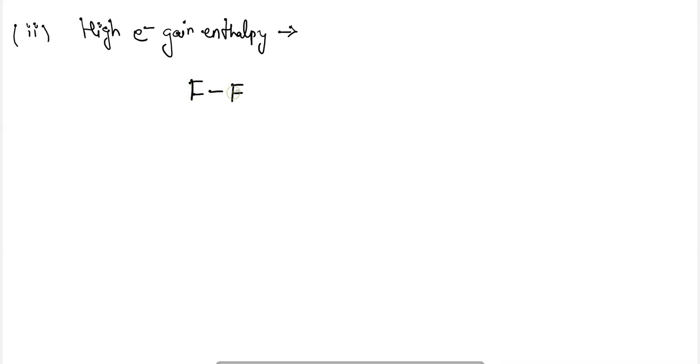the dihalide bonds which are present here are very weak. For example, for fluorine, it is only 158.8. So fluorine will readily react, and it is one of the most reactive elements of the periodic table. The reason is that the F-F bond is very weak here. It readily breaks with very low energy, and hence fluorine is one of the most reactive elements. Due to its high electron gain enthalpy, it will readily react with any of the elements present nearby.